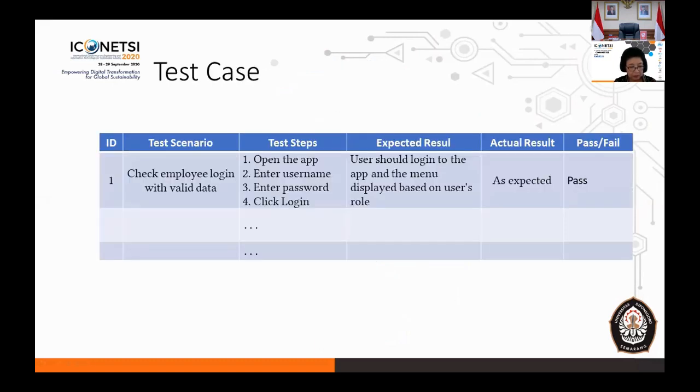After we finish all the sprint backlog, the team proposes the test case based on the client meetings. We've got the list from the client story, and from the client story, we make the test case. This is the first example of a test scenario: we check the employee login with valid data. After we got the list in the sprint backlog, we make a scenario, and then we make the details to do in those test scenarios.